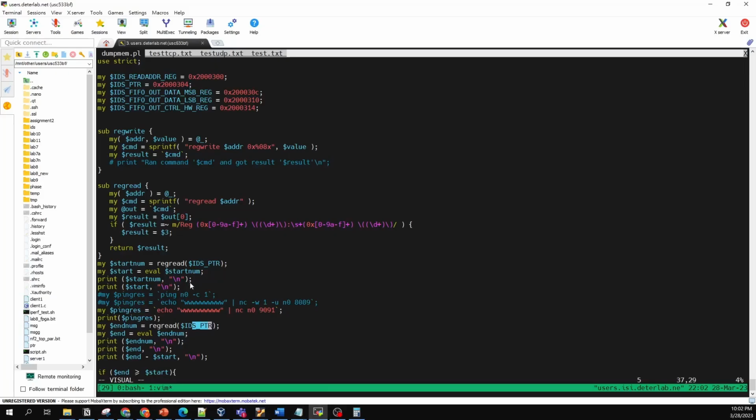And this is the script we use to dump out the network packet. In here, we will first read the pointer and record it as a start num. And after doing either a ping, or one UDP packet, or one TCP packet, we will record the end number, the pointer inside. So between these two numbers, we can dump out all the memory,